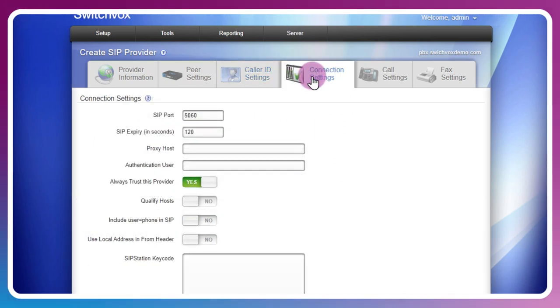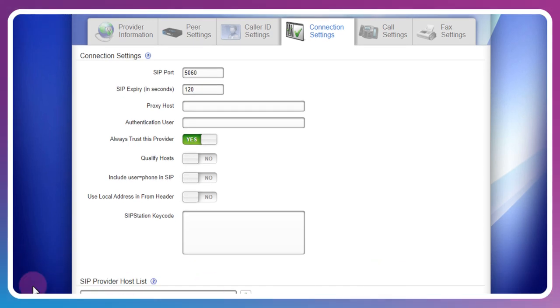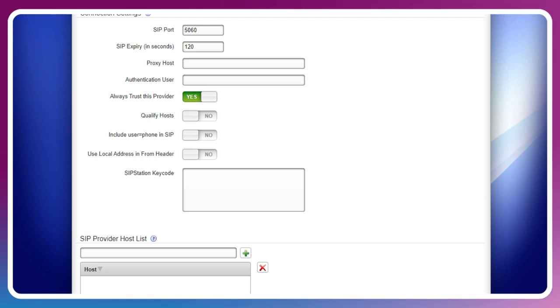The Connection Settings tab gives us more configuration options if needed. Check with your provider for any additional information needed, such as proxy host address. For connections that use an authentication method, you'll want to set always trust this provider to no and qualify host to yes.